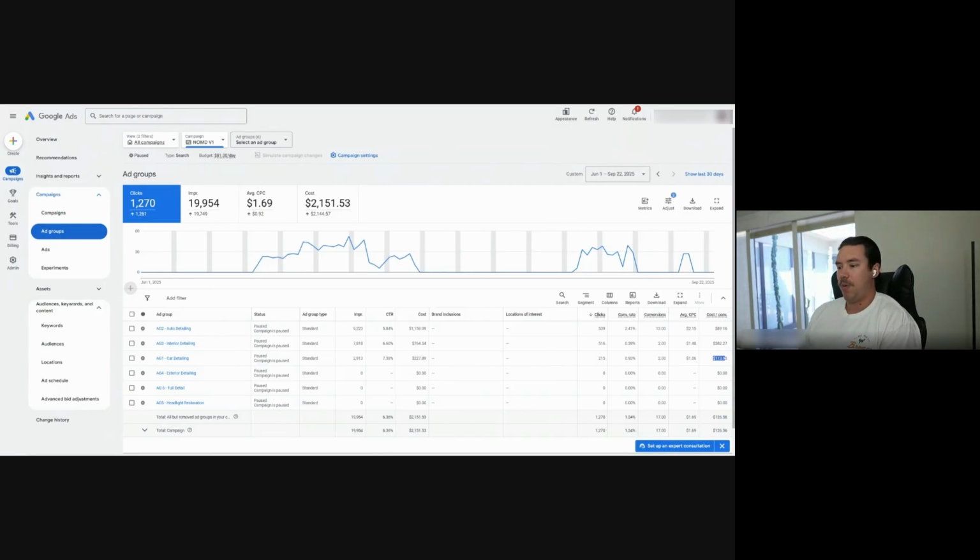So step number 1 right here would be to enable all these again, but then keep this one paused and see where the budget redistributes, and then see if those numbers are okay for you, right? Because if you're like, you know what, John, after pausing this and going to these, I'm getting conversions for $90 and I'm turning them all into appointments, that's great. But obviously no one's going to turn them all into appointments. Like, let's say your close rate's only 50%, right? Then that means, okay, your true cost per job is $200, right?